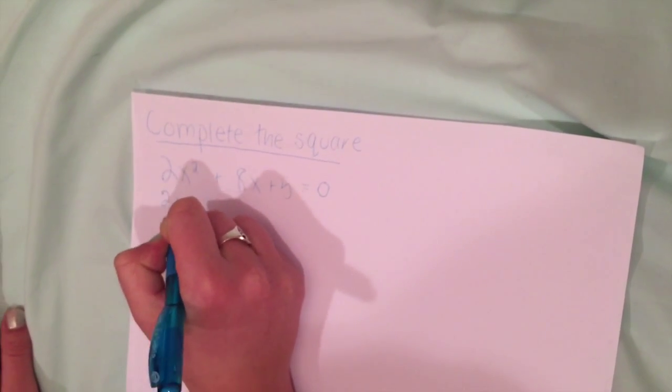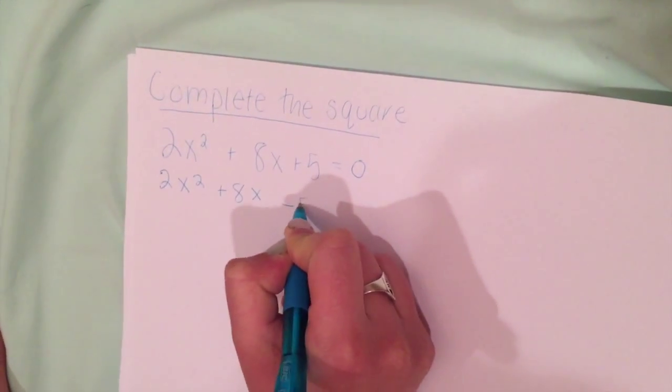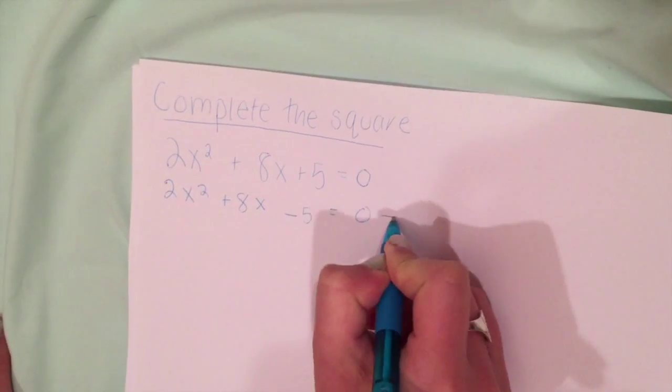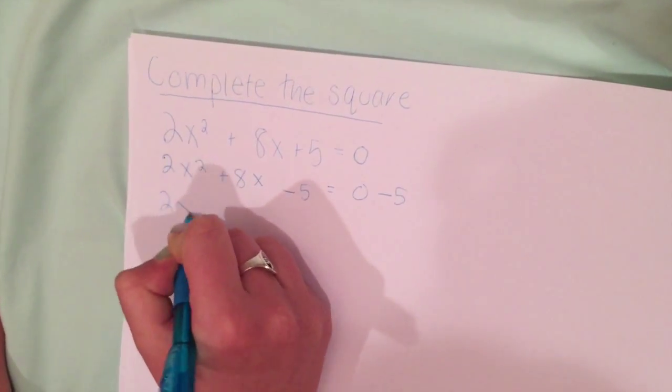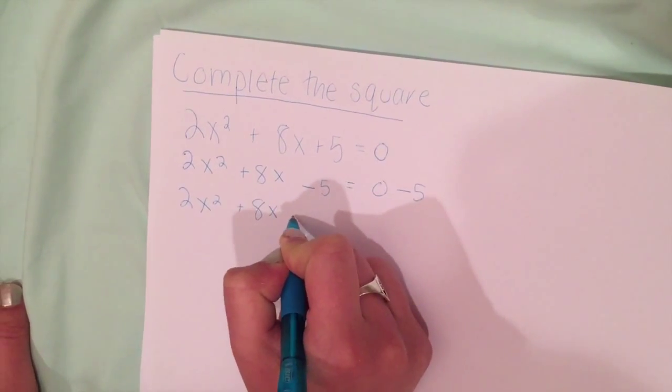The equation for completing the square is 2x squared plus 8x plus 5 equals 0. First, you subtract 5 from both sides. Then the equation is 2x squared plus 8x equals negative 5. To complete the square, you take out the greatest common factor, which is 2, from the equation, and then divide